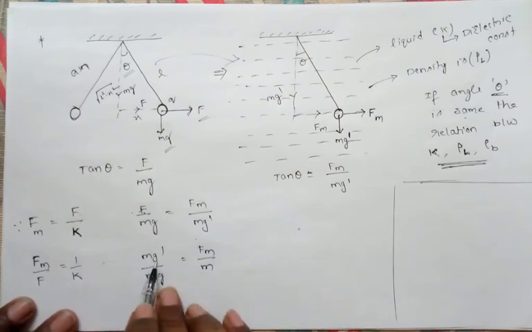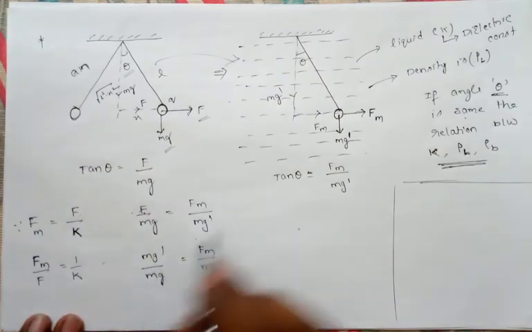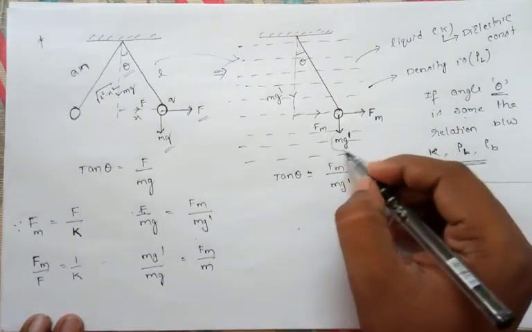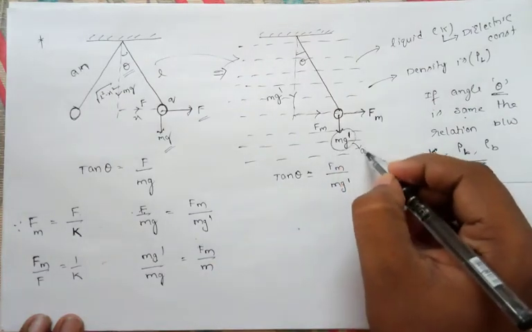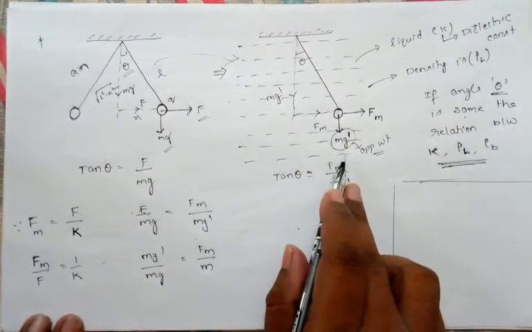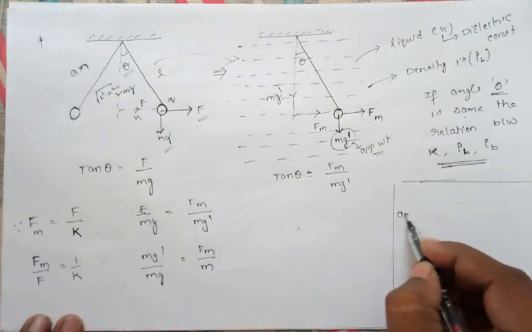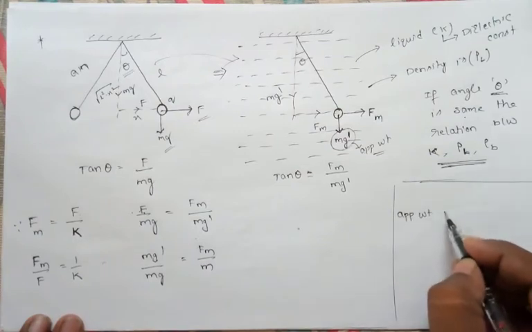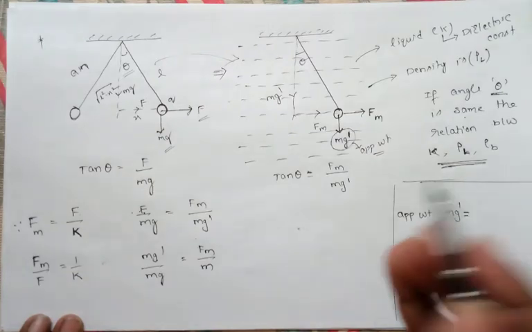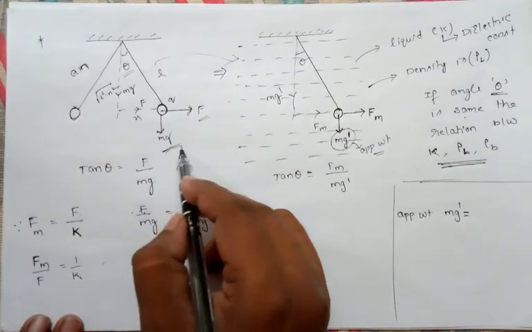Here mg dash is the weight of the pith ball in liquid. In liquid, it is not the actual weight, it is the apparent weight. So we have a formula: apparent weight mg dash equals actual weight, where actual weight means the weight in vacuum or air,